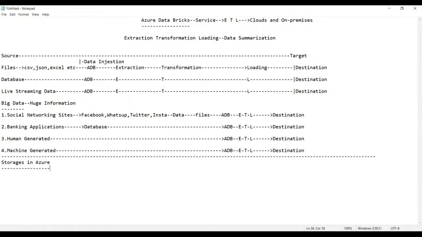That means you can use the data by using the ADB, whenever we use Synapse, and even if you're using ADF, Azure Data Factory, we can use the storages as they are. It is just like common storages. What we can say is commonly used storages, guys.